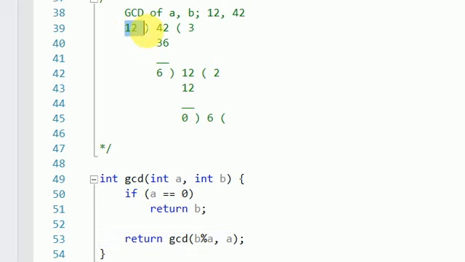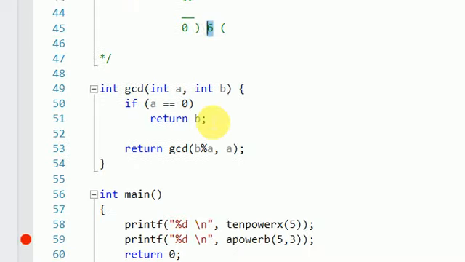So let me explain you last time. In the first state, A is 12, B is 42. In the second state, A will be the remainder of 42 and 12, and B will be the current state divisor, which is 12. So whenever you encounter 0, if the divisor is 0, the dividend is the answer. Okay, if you run the program,